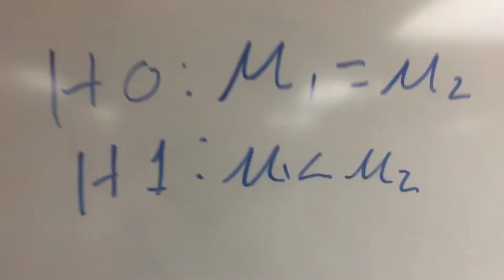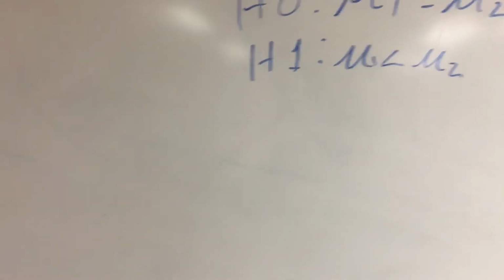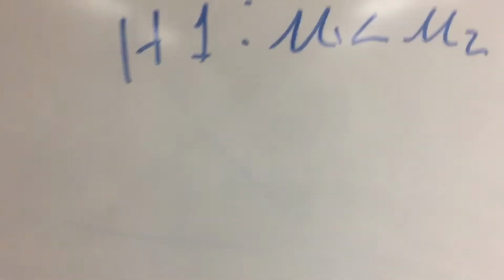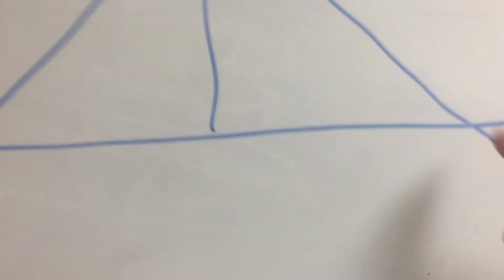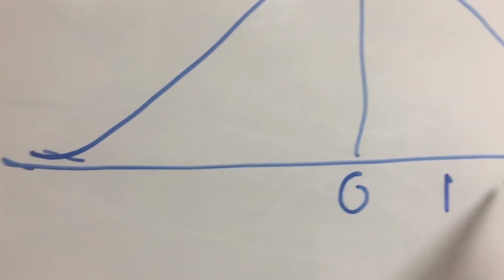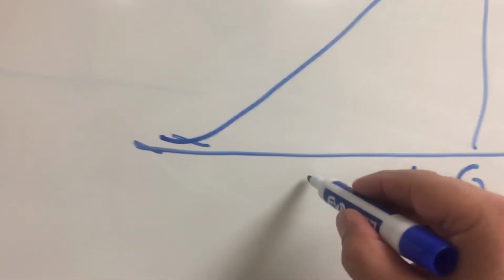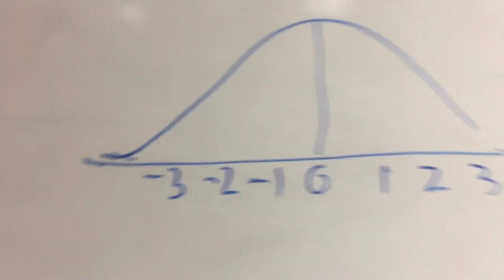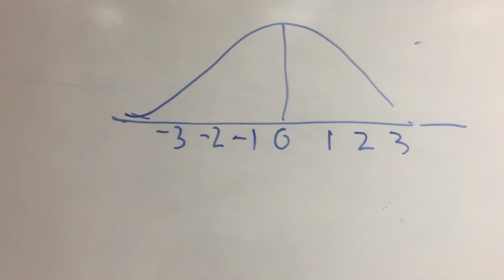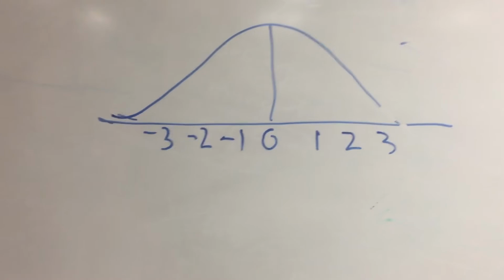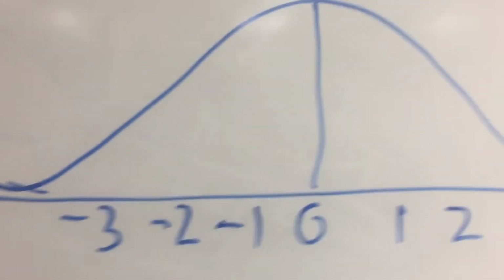mu2. Now, how I'm going to find that is I have to have what's called a critical region or a critical value. My t-test, or my t-distribution, is going to look similar to a z-distribution, having a mean of 0, standard deviations of 1, 2, 3, and -1, -2, and -3. So I have two distributions, and these two distributions are going to be significantly different from each other, with, let's say, this is group 1,